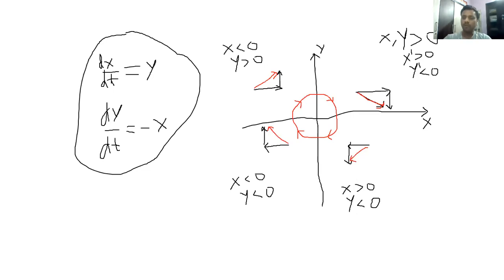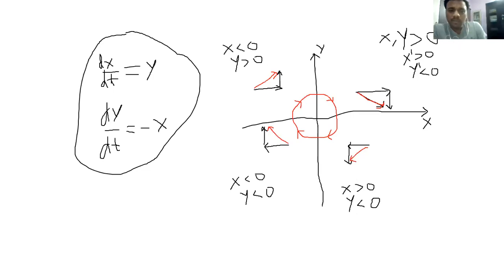And if the point is in this part, meaning S is less than gamma by beta, then this quantity will become negative. So dI over dt will become negative, meaning it is in this direction. Then what will be the resulting direction? The resulting direction will be this, or parallel to this.